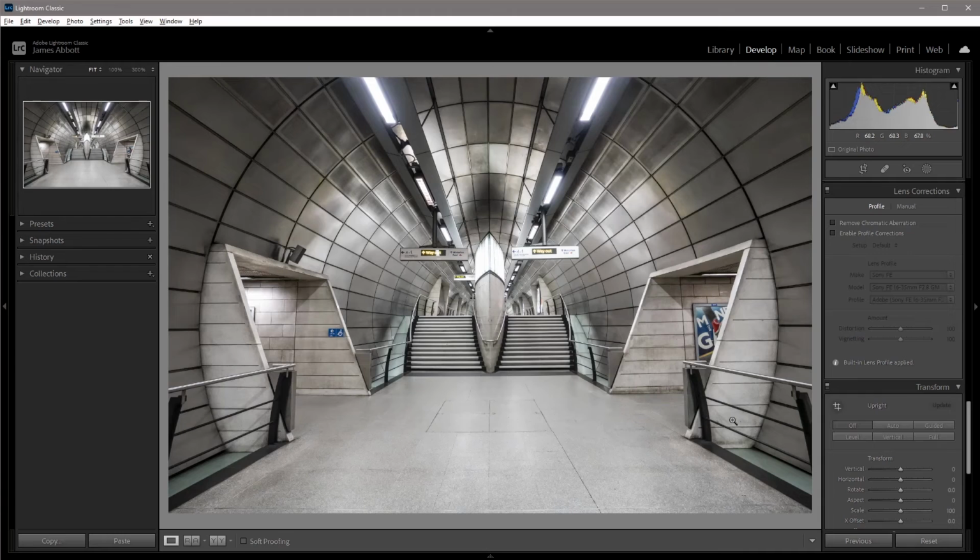When shooting any landscapes, cityscapes or architecture shots, one of the problems that photographers can face is converging verticals, or even if the camera was at a slight angle to the subject, you can get horizontal distortion. So this is really easy to fix in Lightroom, and where traditionally you would have to use a tilt and shift lens, although that is always the best option, it is very easy and effective to correct these distortions in